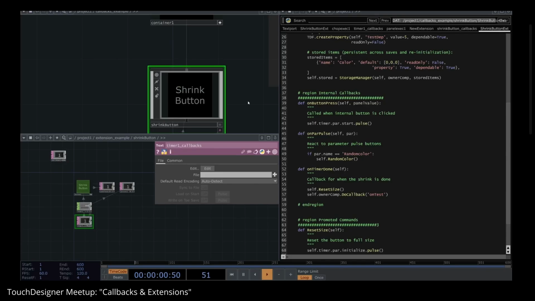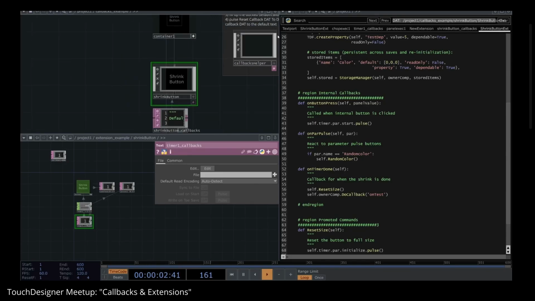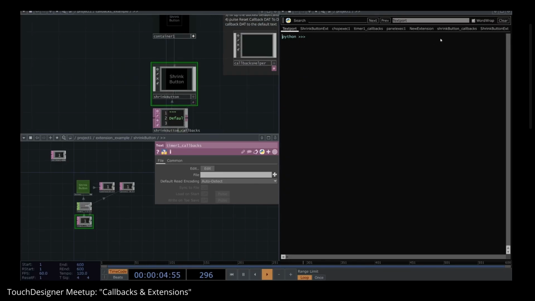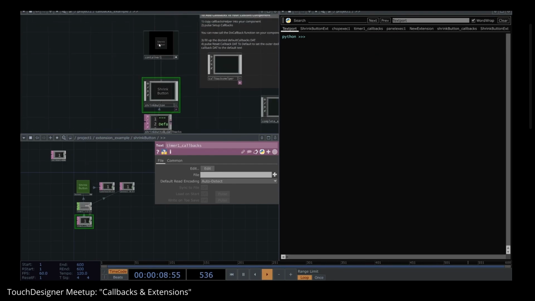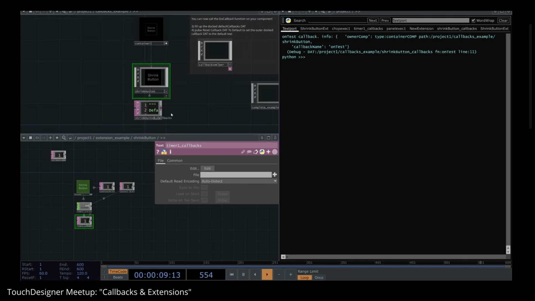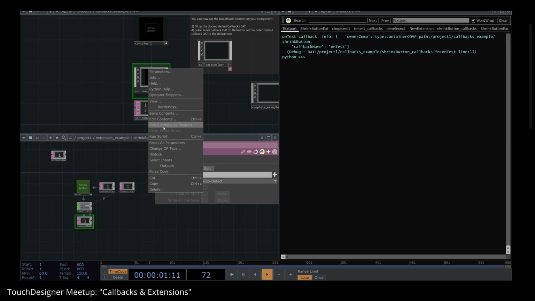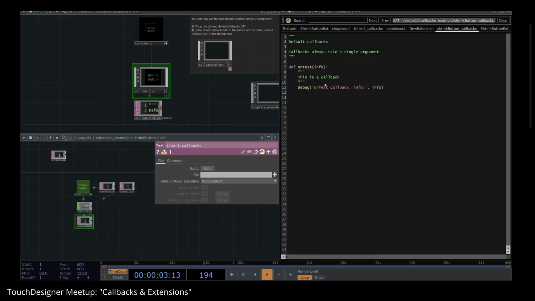And so now we'll go back to the text port here. And I'm going to press the shrink button, and notice when it's done shrinking, boop, we got our on test callback. And so why would the user want something like that? Well, for example, maybe I want it to also change the color